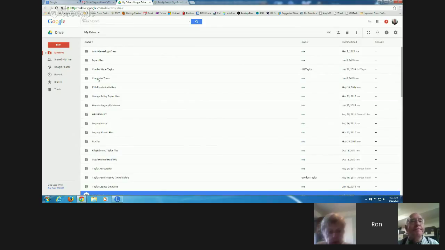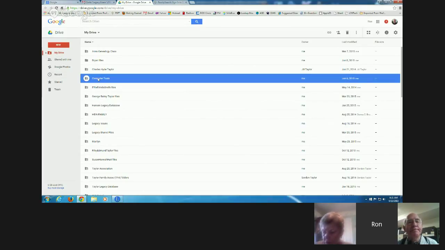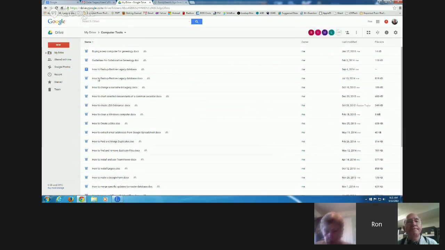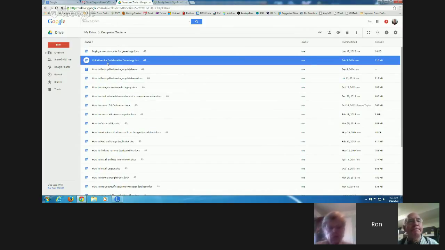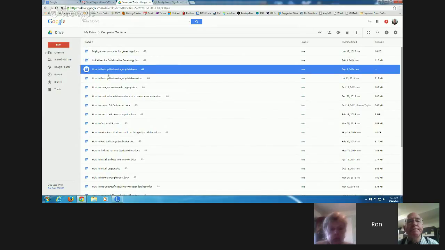The one you're looking for in your computer is going to be under Shared with Me. You'll see the Computer Tools folder. If I open that folder, you'll see those files I was talking about. There's Guidelines for Collaborative Genealogy, and there's How to Back Up and Restore a Legacy Database.